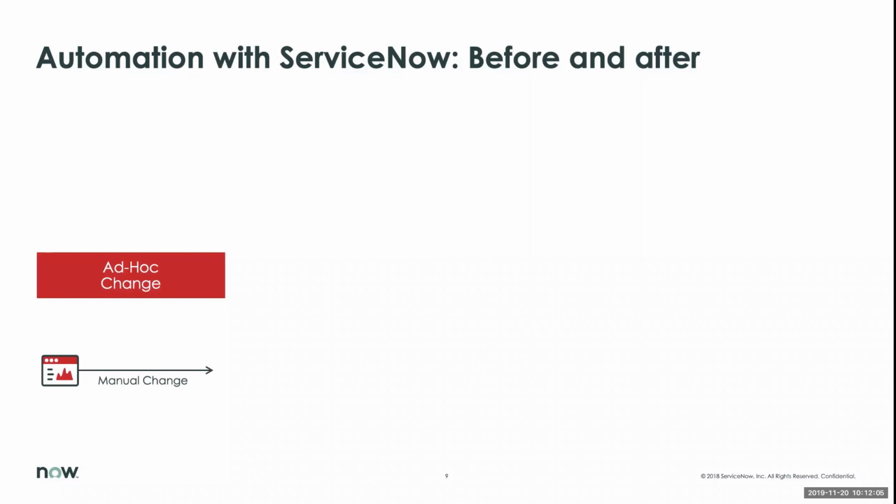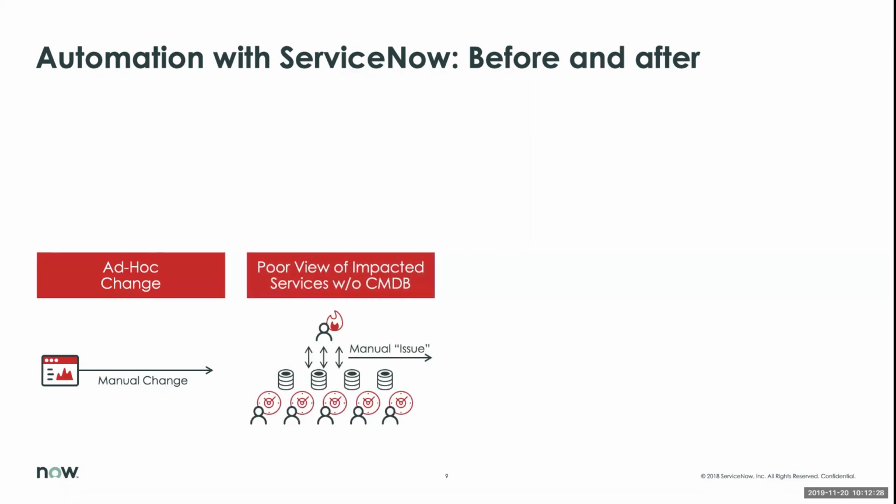So, kind of a before and after story. This is a story that's very familiar to me. We did a lot of this at my previous organization. Think about the life of change management all the way to incident response. Somebody has to do something, and a manual change gets made. Maybe that change gets created in ServiceNow, or in whatever tool you're using for change management. But what you don't have is any visibility. You don't know that making this change on this ancillary system,